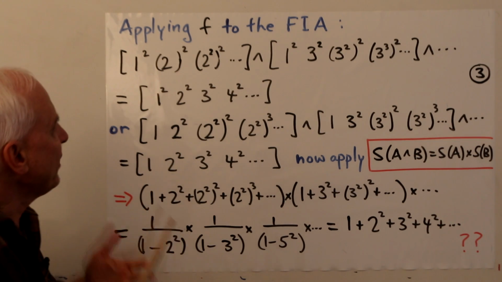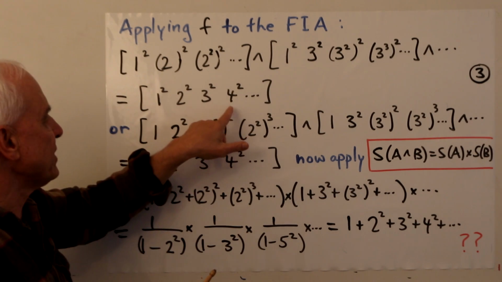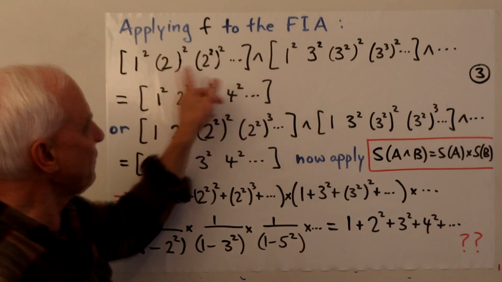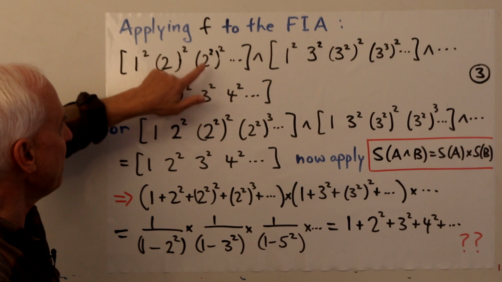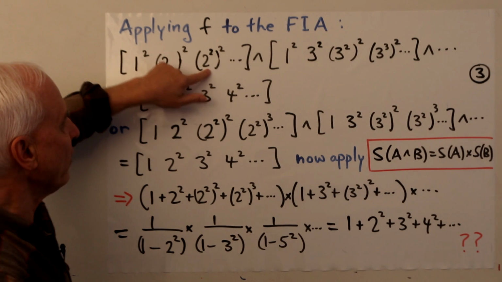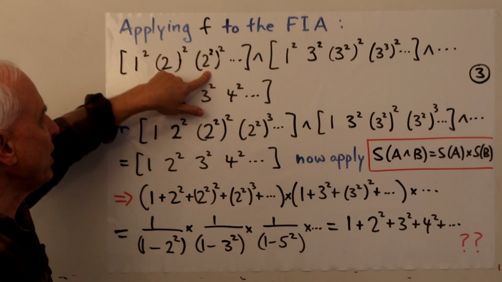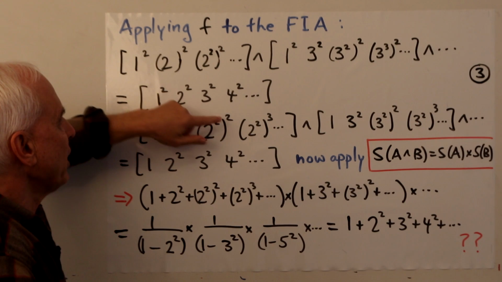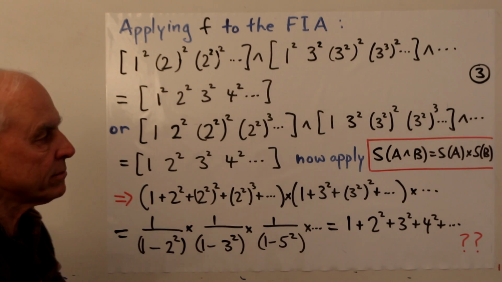And I hope you see this is not surprising at all. I mean, if you take some element here, for example, 4 squared, and ask, well, how can you get 4 squared by taking products of things like this? Well, you could do it here. You could take 2 squared squared times 1 squared. And that's the only way you can get 4 squared. Just in the same way that the only way of getting 4 is to take 2 squared times 1.